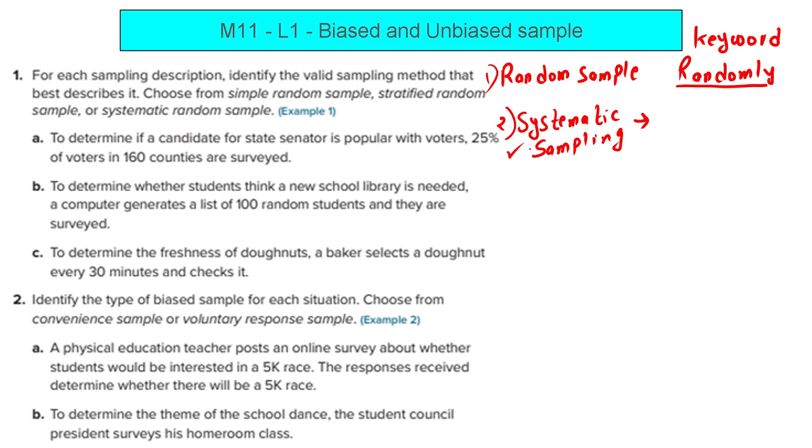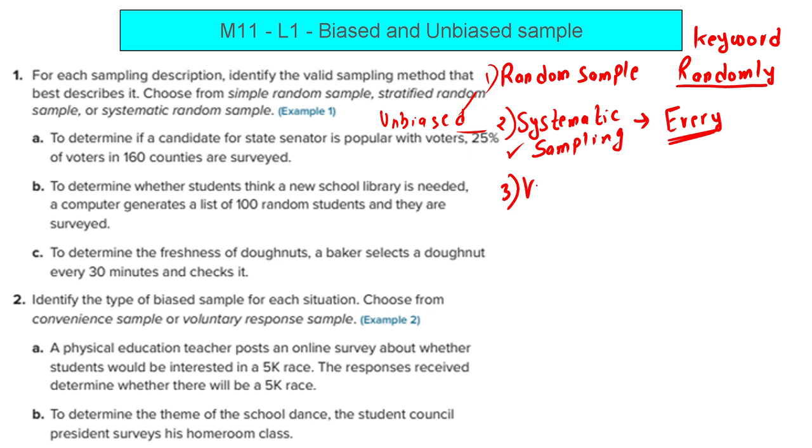Okay. And if you are having a systematic sampling, it is always unbiased. Random and systematic sampling, these both are always unbiased. They will give you correct data, good data. So what is the keyword in the question? How will you know whether it is systematic or not? Wherever you see the number, just check after or before the number. If you see the word every, it means it is systematic sampling. Okay. The third one is